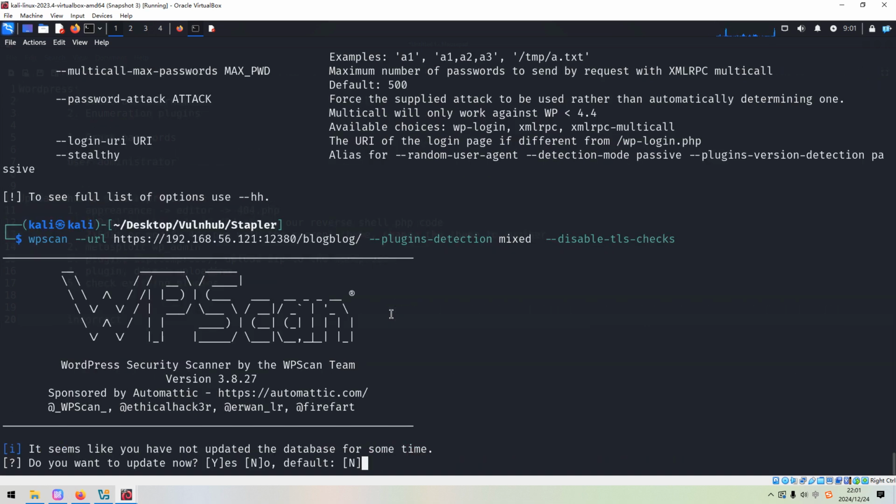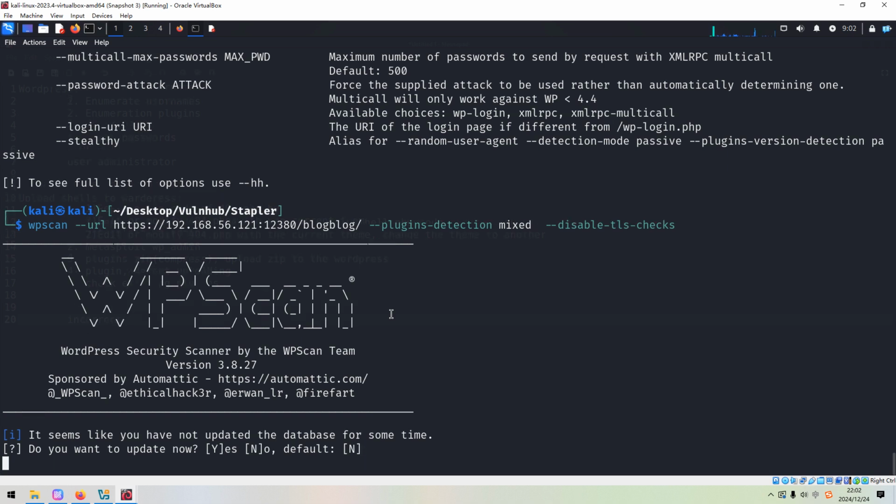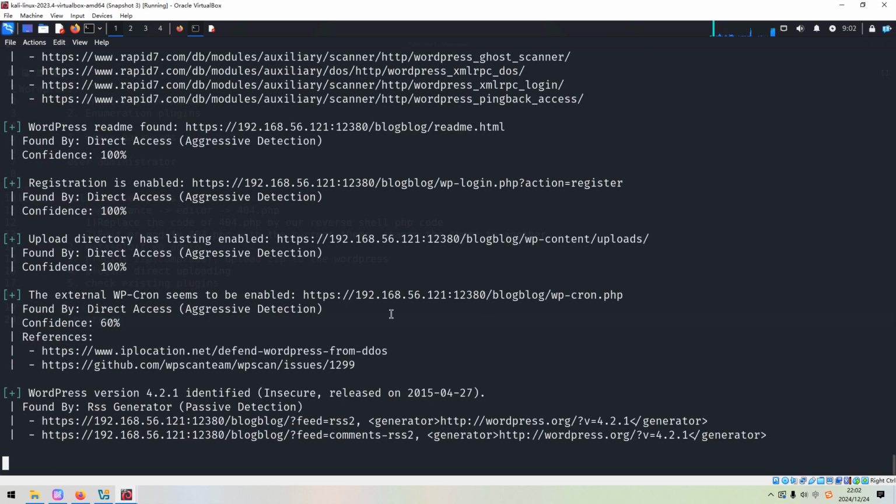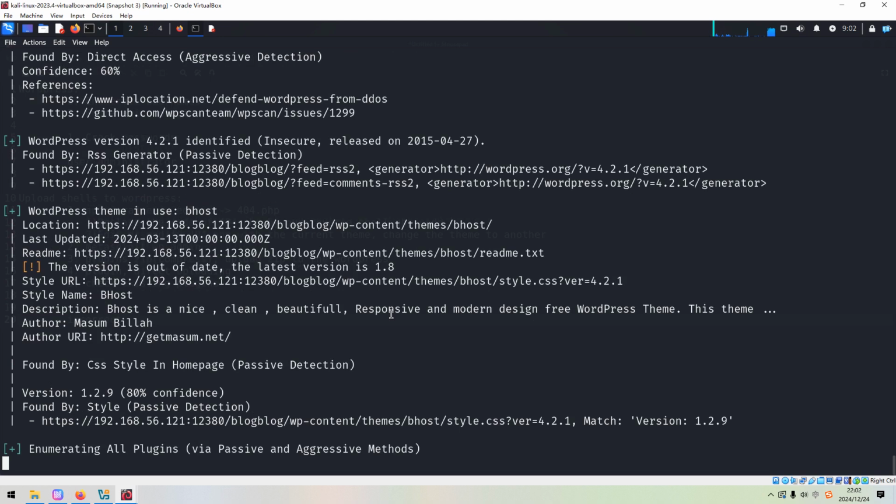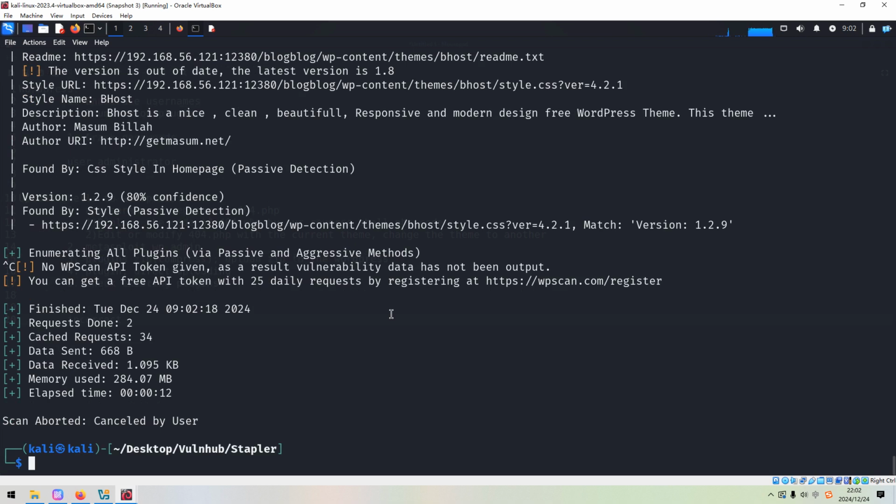It means that we'll take both aggressive and passive ways to retrieve the plugins. Okay, I'm not going to wait because this will not bring us any valuable plugin, just one plugin. Okay, so how to do next?